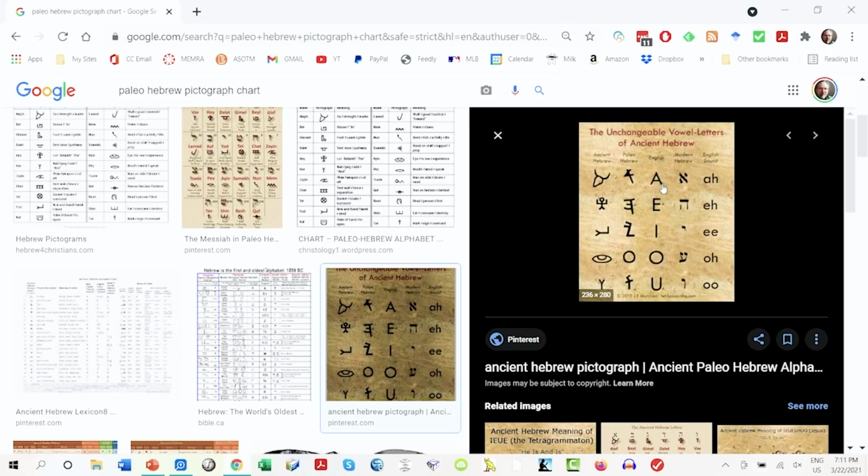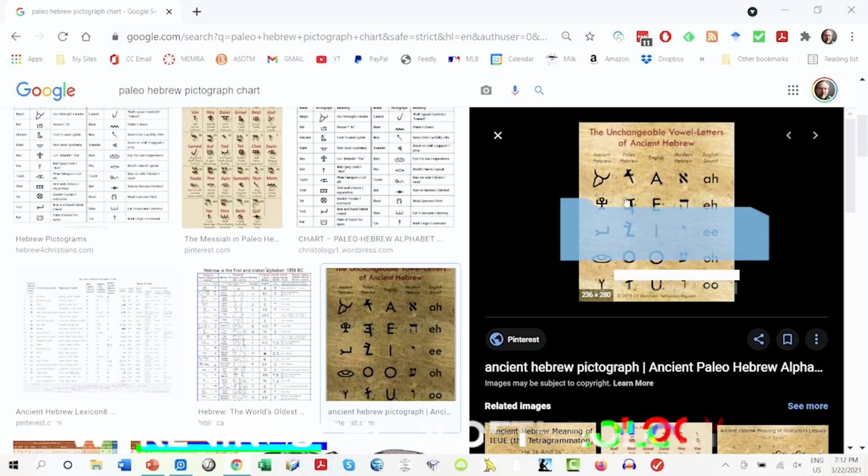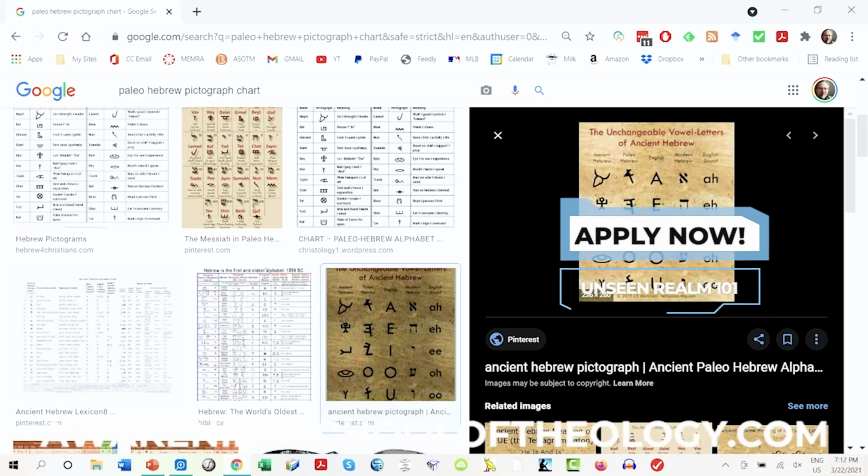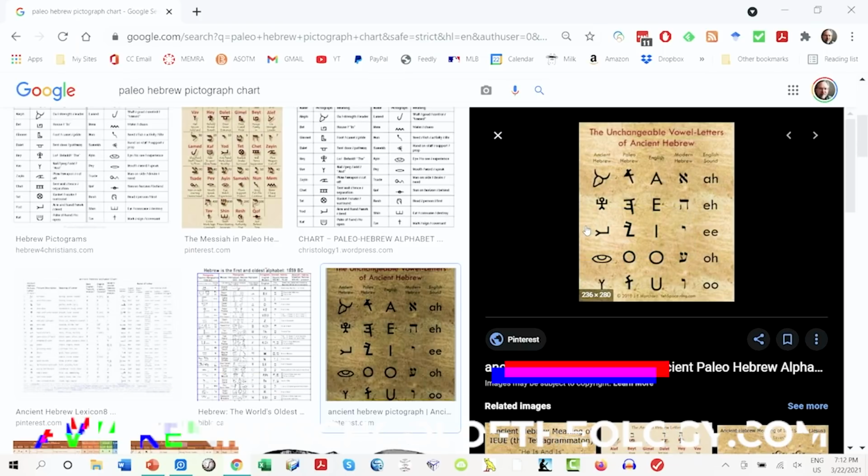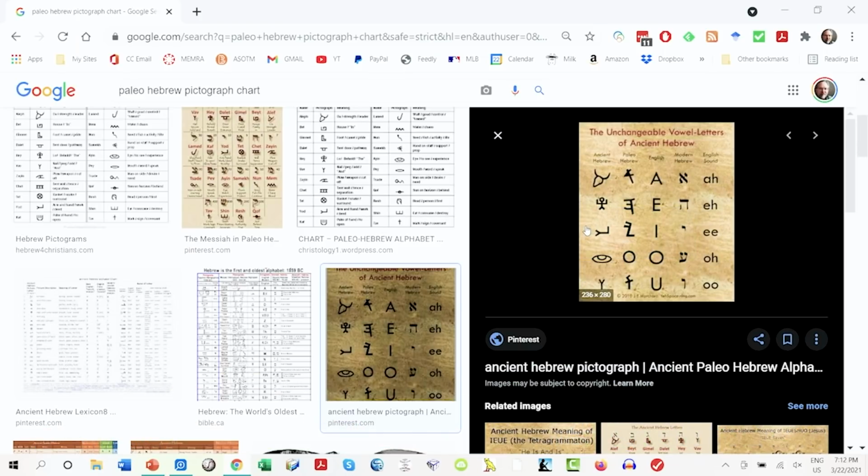So the idea is that we take Hebrew words and we convert them to pictures, and then it's like story language or picture language. Okay, that is linguistically bunk. See, the problem is if you're creative enough, you can do this for certain words. Try it on a paragraph. Seriously, try it on a full paragraph.